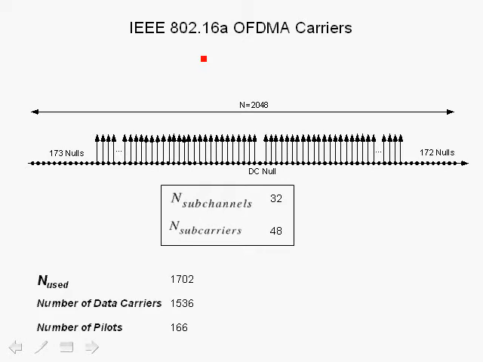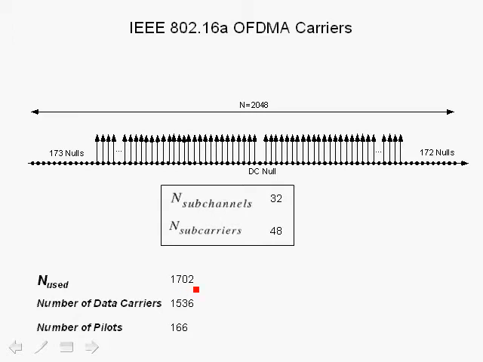So now we are going to roll into 802.16a and consider its configuration. In 802.16a OFDMA, the number of points in the FFT is 2048, so we have 2048 carriers, which is 2 to the 11. Of these carriers, 173 are null on the left and 172 are null on the right for the guard intervals in the frequency domain. We have a null at DC, and if we subtract these from the total number of carriers, we are left